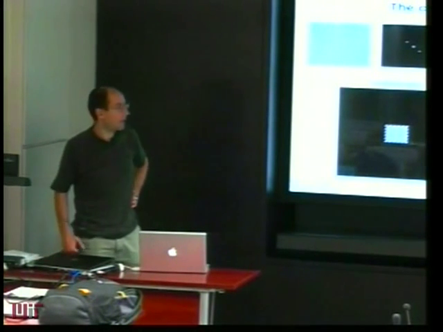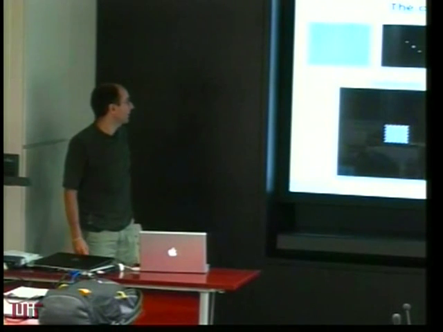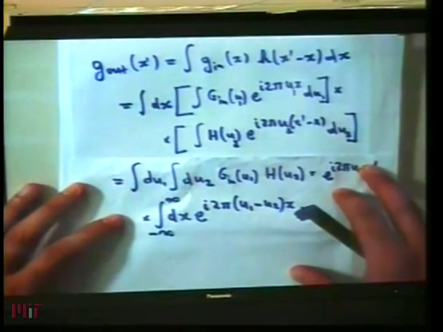Okay, good morning. So I'd like to pick up from where we left off last time. We were discussing the various properties of the Fourier transform and what they mean in terms of the Fraunhofer diffraction patterns. What we were doing last time when we ran out of time was proving the convolution theorem. So this is the proof here.